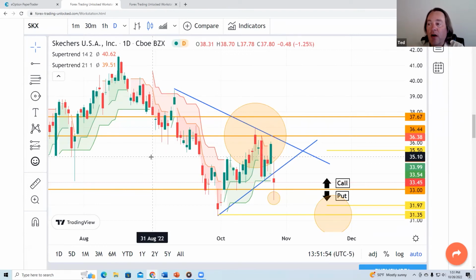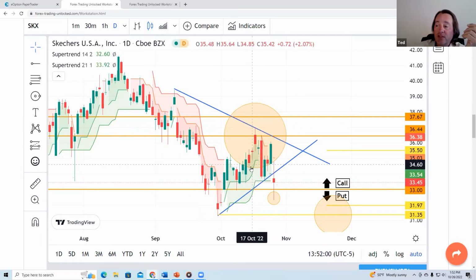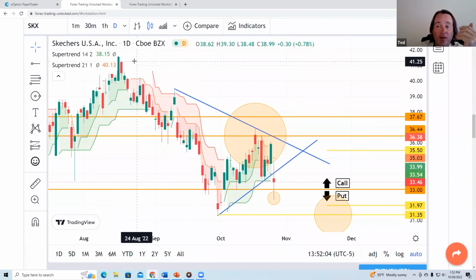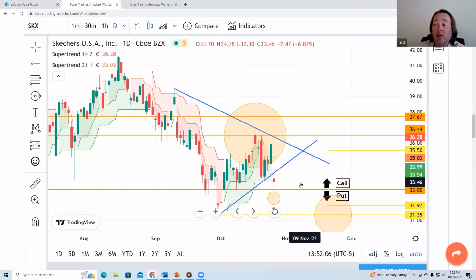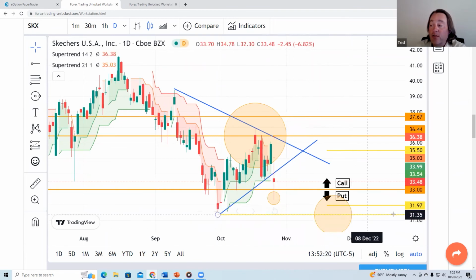Keep it simple. I use this indicator just to give us a bias for direction. We know that with this example with Skechers, it was put into neutral. It had been a bear. We identified the trend. That's why we look at the put: if this market continues to behave the way it has been behaving, the downside does have a very viable targeting area that's not that extreme. And even just to get back down to its lows, remember 31.97, if it gets to this area,